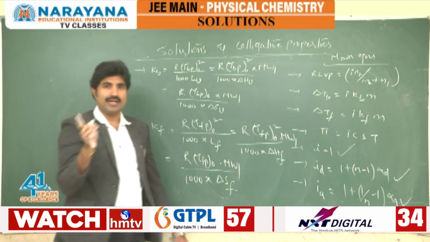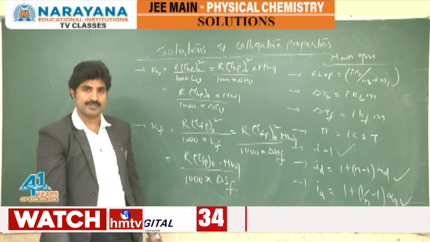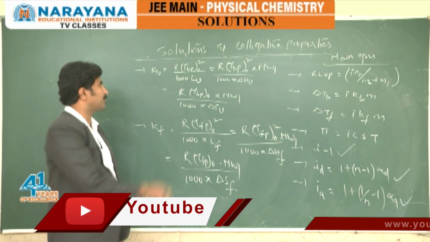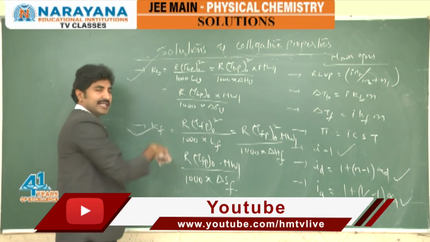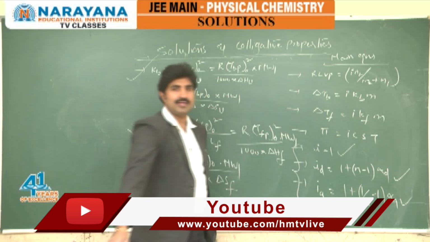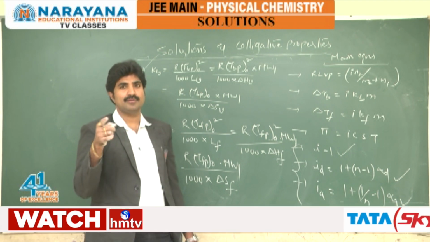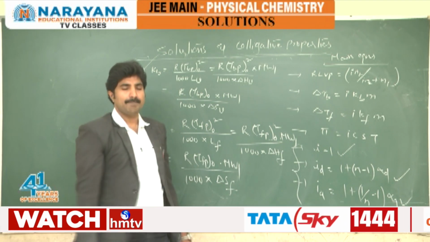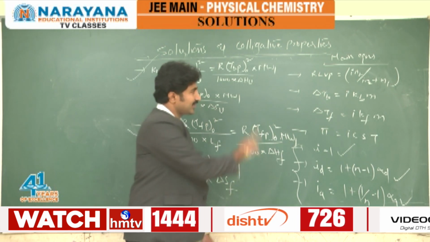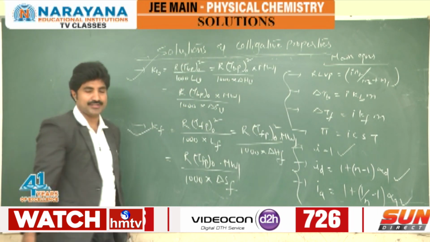In 99% of cases, directly they will provide Kb, Kf values. No problem, use directly those values. If those values are not provided, calculate Kb, Kf by these expressions, and i values may be 1 or greater than 1 or less than 1. Those 3 cases must be obtained based on the given nature of the solute in the given solution. Okay, these are the 4 main equations, i values, Kf, Kb expression.